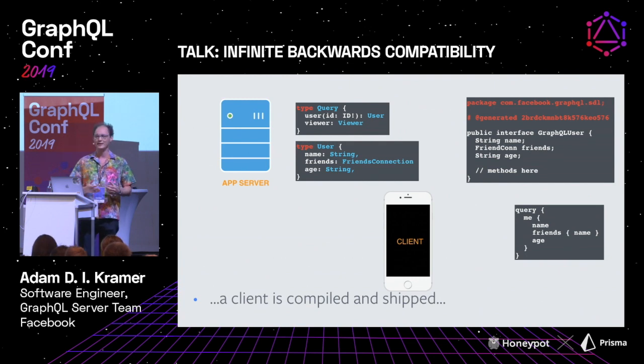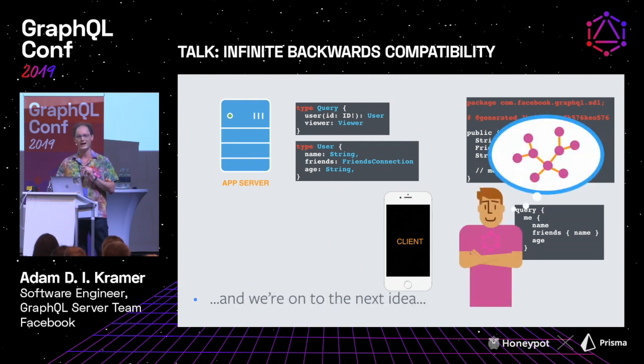It's right there. Things are great until an engineer has another idea. And now that engineer not only wants to show age, but also days until the next birthday, right? Seems like a good feature. We're just going to put that up on the profile too. Sounds good. So on the client, we are able to get the age, but